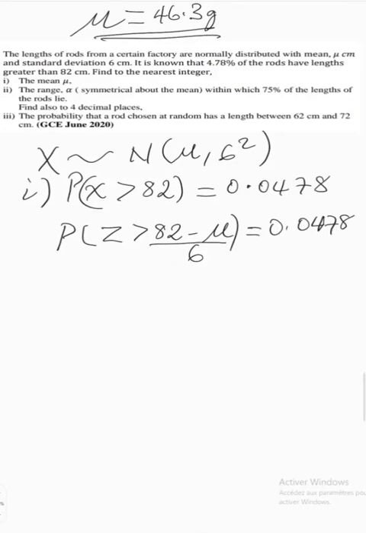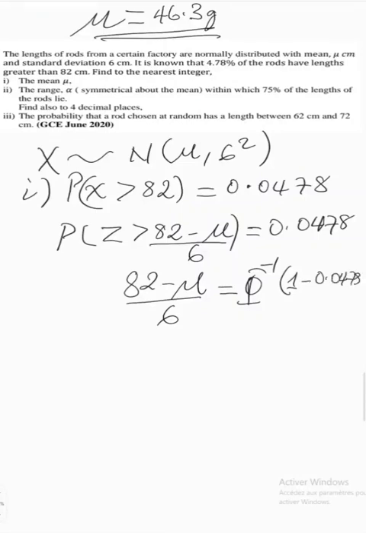In our shortcuts that we saw, if you had the probability that P of z is greater than a particular unknown score and the probability value is less than 0.5, it means that your z score that you are looking for, which is 82 minus mu all over 6, should just be phi inverse of 1 minus the probability value. So we have 1 minus 0.0478,